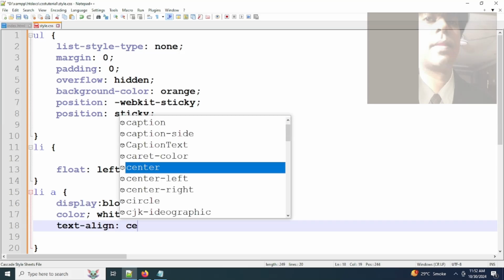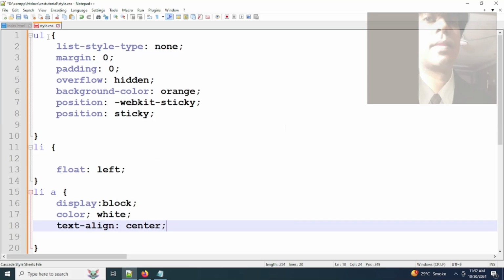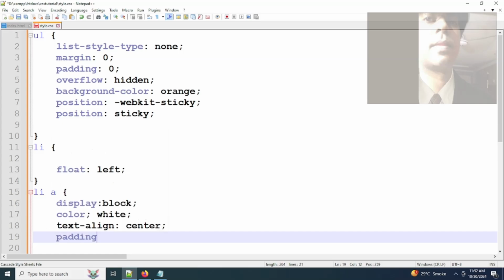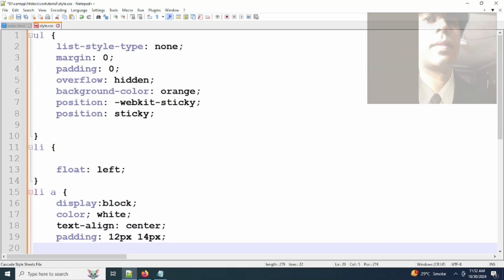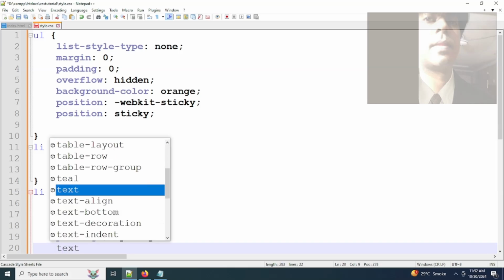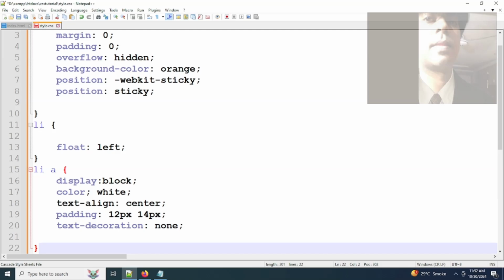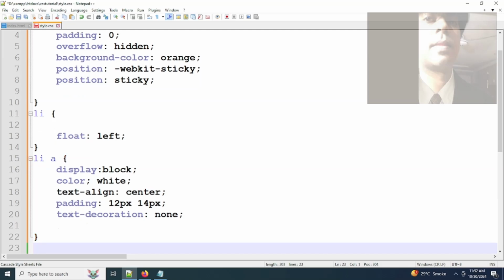colon semicolon and use padding colon 12px and 14px semicolon. After that we will use text decoration colon none semicolon. Underneath li and a selector we will use